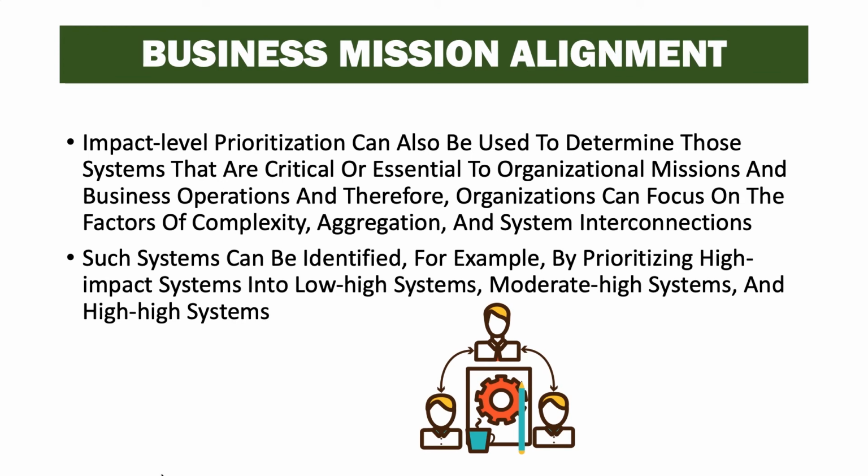Impact level prioritization can also be used to determine those systems that are critical or essential to organizational missions and business operations, and therefore organizations can focus on the factors of complexity and system interconnections. Such systems can be identified, for example, by prioritizing high impact systems into low high systems, moderate high systems, and high high systems. And again, this just gives us more flexibility in breaking out that high level impact rating, and maybe those high high systems are the systems that directly relate to the organizational missions or are critical to the